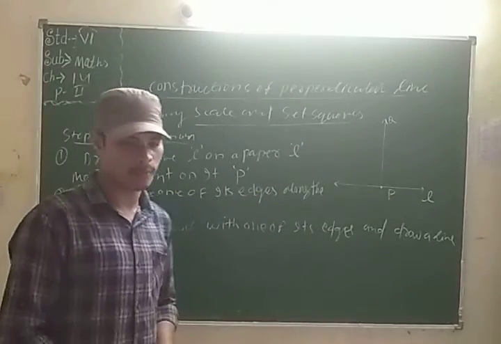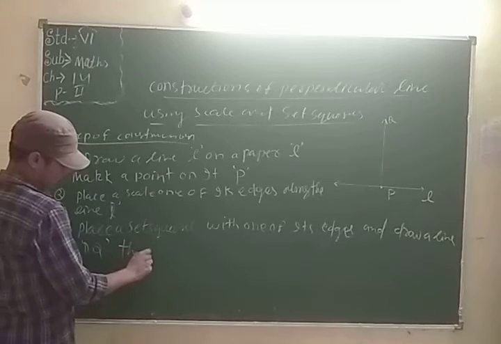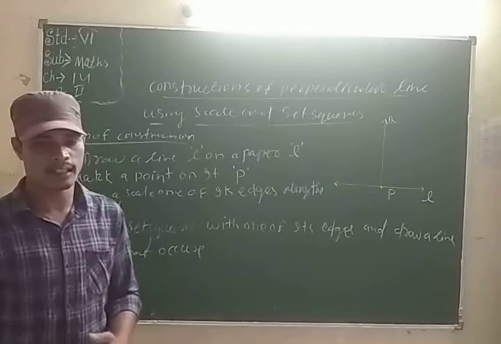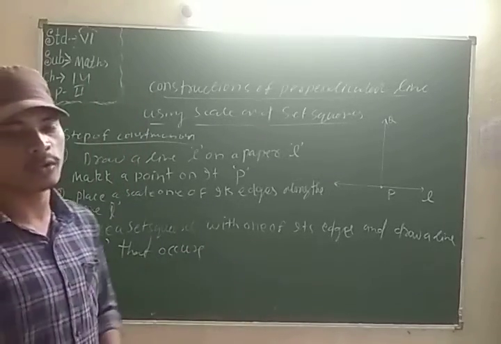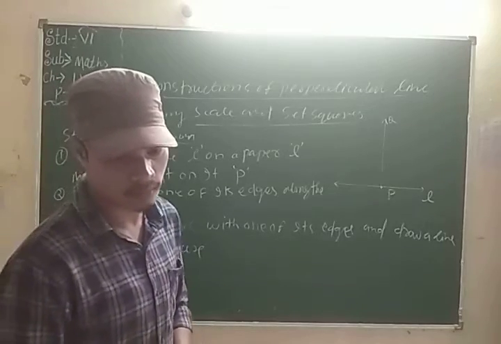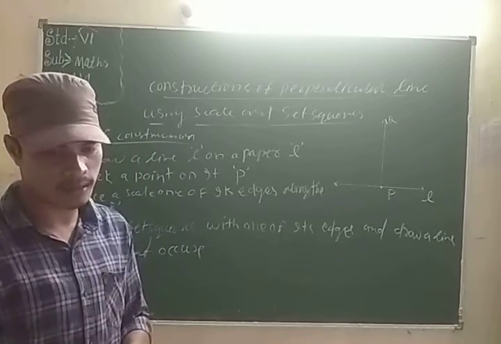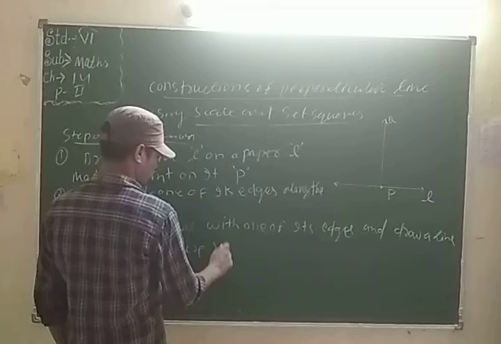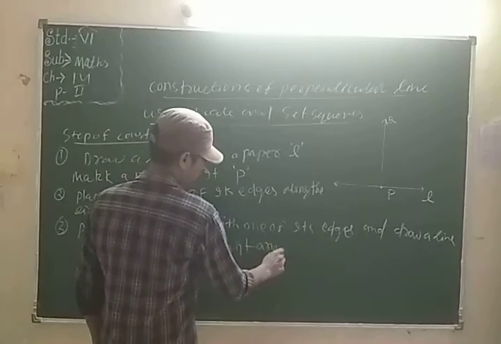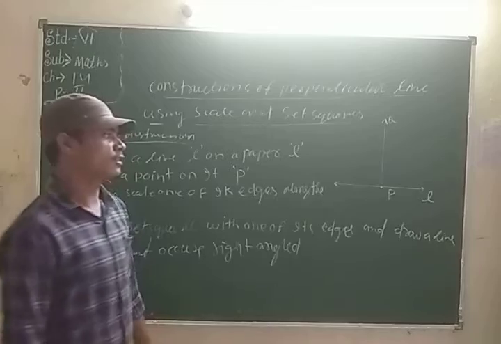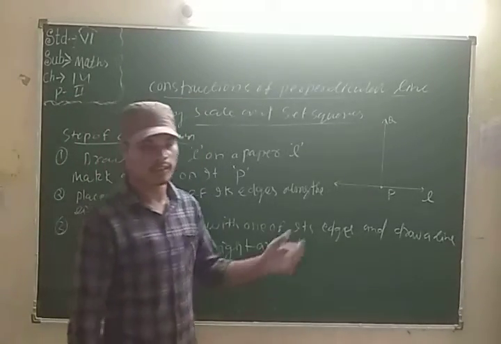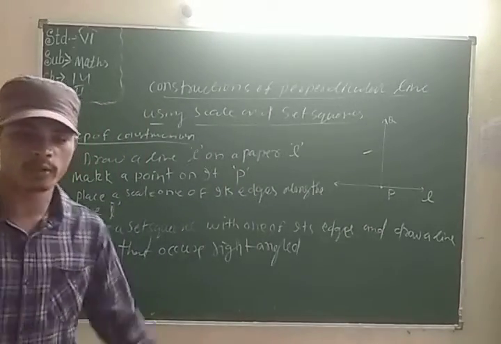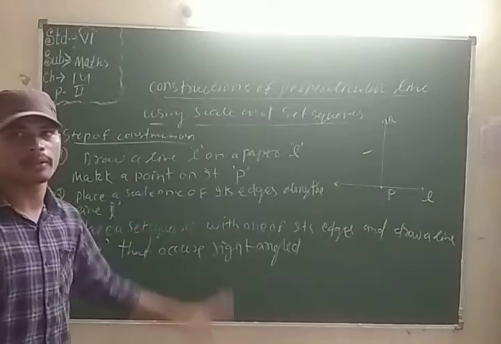Here, when drawing the line PQ, the 90 degree angle occurs first. We know that the right angle occurs first. It occurs as a line which is 90 degrees, a right angle. Then we use the right angle first. This is the perpendicular line. Then we can draw a line and we get our perpendicular line. Okay, clear about it? How can we use the set square and draw a perpendicular line?